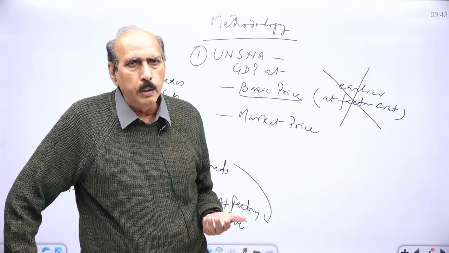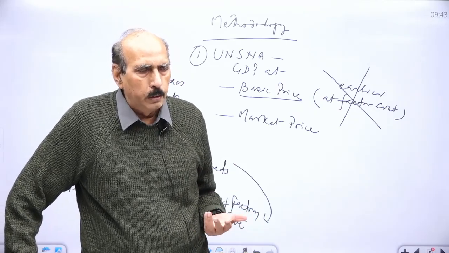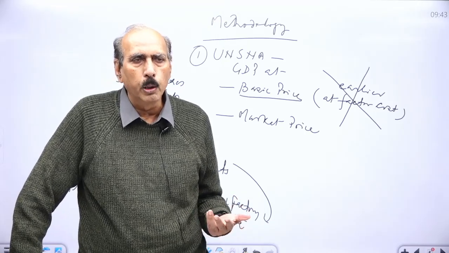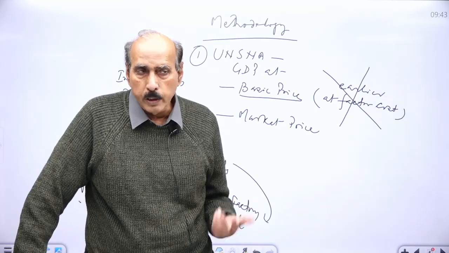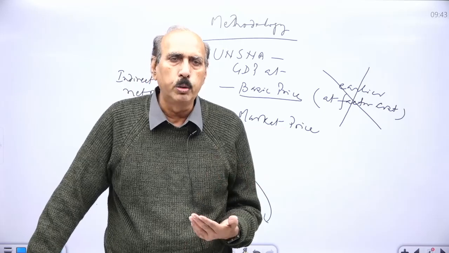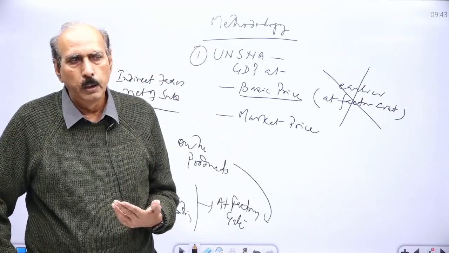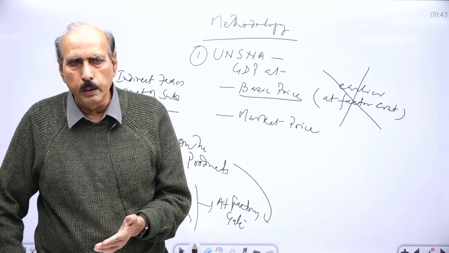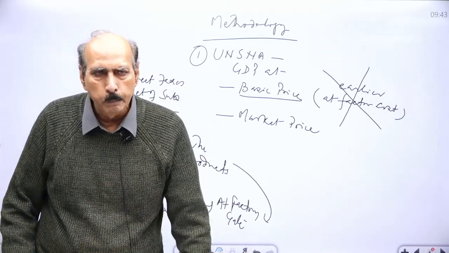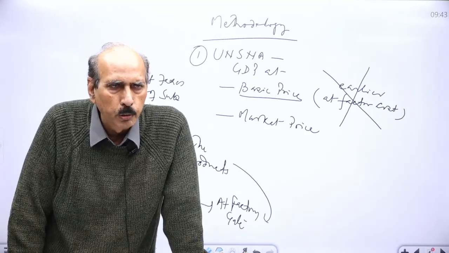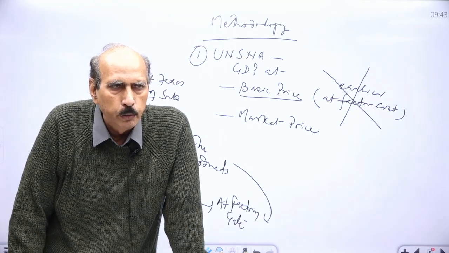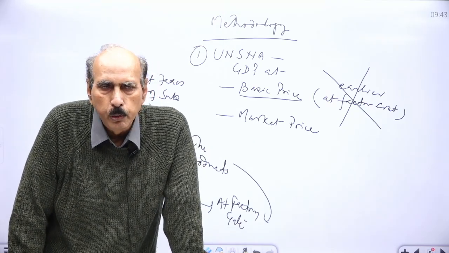Now what we have done now is we have added over and above that the taxes net of subsidies paid by the company during the process of production. ये आपको हमेशा ध्यान रखना, during the process of production, the product has not come out for sale in the market. Moment it comes out for sale in the market, it will attract the GST or excise duties as the case may be. And once the GST or excise duty is imposed and the other expenditure done by the wholesalers or retailers are added, it will give you the market price.